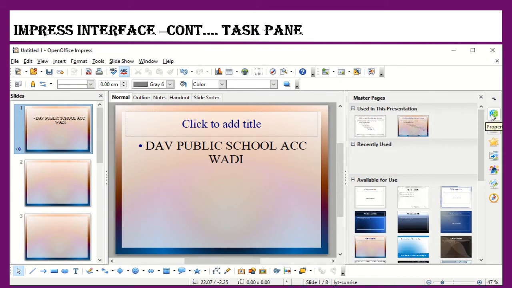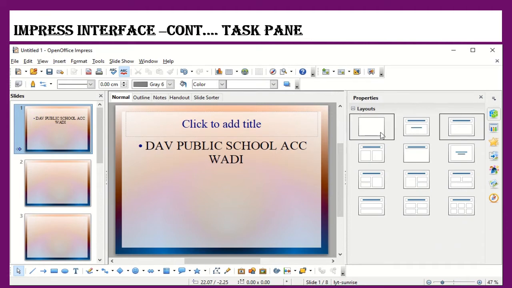Next one is layout. So here Impress provides 20 pre-packaged layouts. So you can select any of the required layouts. So here you can see the blank slide. If you want, you can select this particular layout, or if you want to give the title slide as a layout, you can select this title slide. If you want to give the title and content, you can select this title and content layout. If you want to give title and two contents, you can select this layout. Say for example, in one box you can insert any image, in another box you can type your text. So like this you can select any of the required layouts.